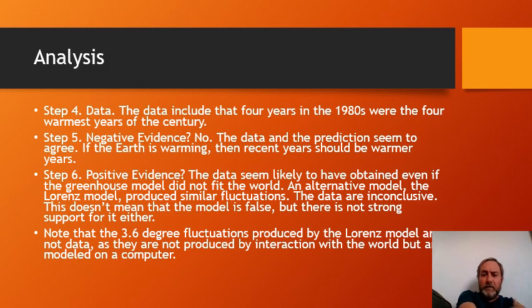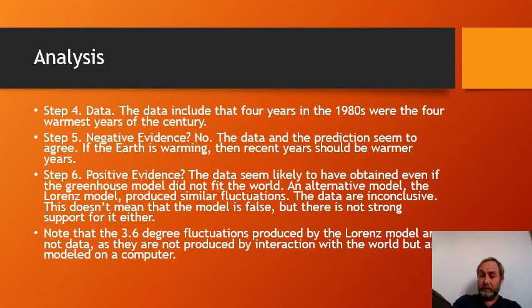All right, so now that we've got those figured out, we can move on to step 5 and 6 and evaluate the model. Again, the model is the greenhouse gas model, greenhouse effect. So is there negative evidence? No, the data, which is there's a lot of hot years in 1980, is what the model would predict, right? It would predict more hot years in 1980 than there were in 1900 or whatever. Okay, so now we move on to step 6, right? So there is agreement, but the question now for step 6 is: